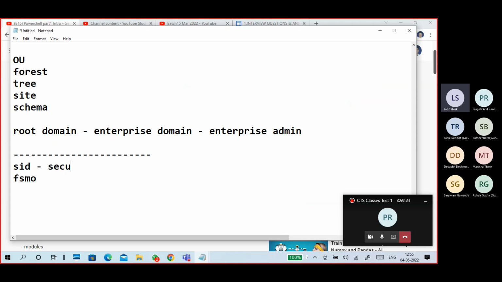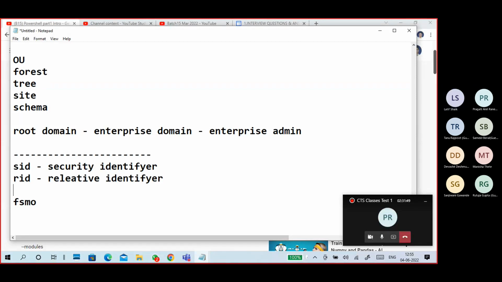SID, security identifier, and RID, relative identifier.